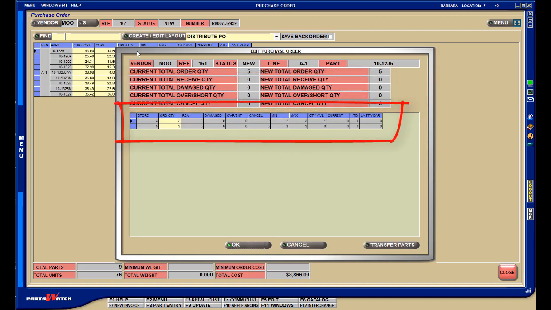And the grid displays the store numbers, the order quantities, and all of the columns that were selected in the Create Edit layout, and lists individual store order quantities that make up the order. Only stores that have an order quantity are listed in the grid. So even though the order was created in Store 7, since Store 7 had sufficient quantity, it's not listed for